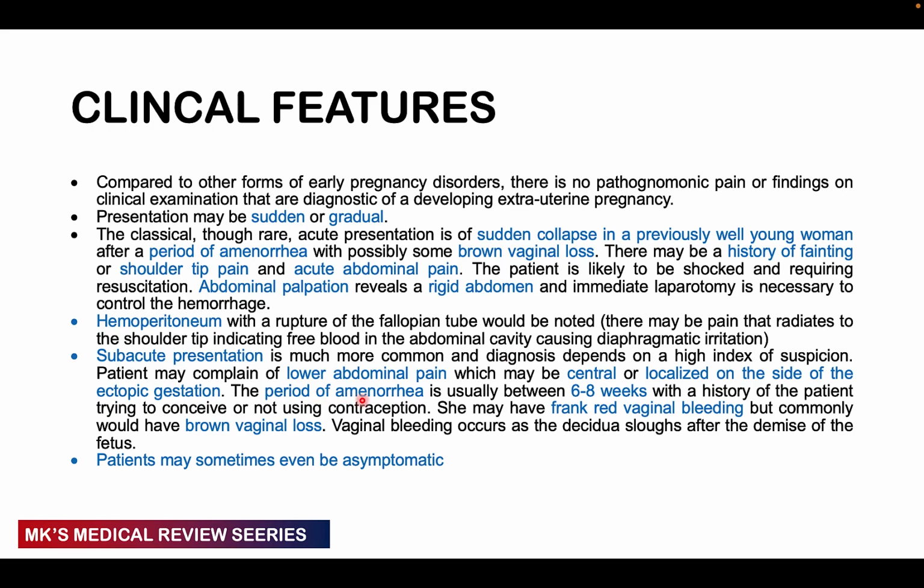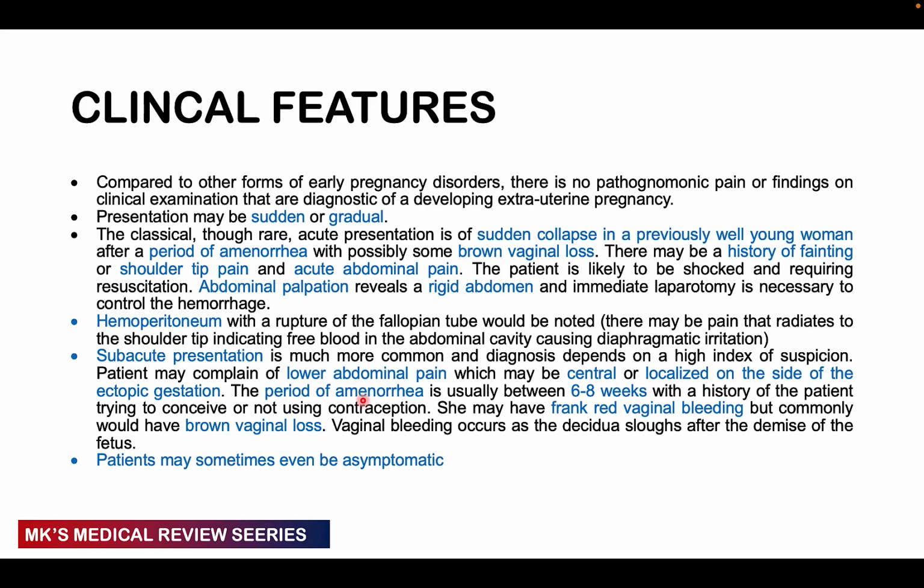You get this period of amenorrhea, which is usually about 6 to 8 weeks, because by 6 to 8 weeks, this product of conceptus should have grown to a significant amount such that it can't grow any further than this. Growing any further than this will result in rupture. So you get this 6 to 8 week history of amenorrhea, and you get this history of